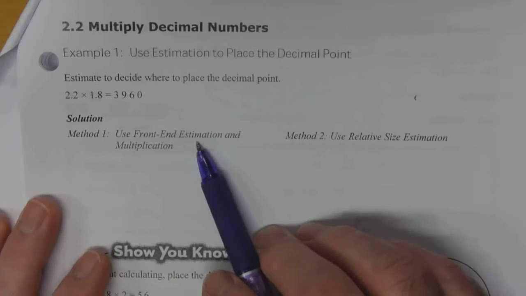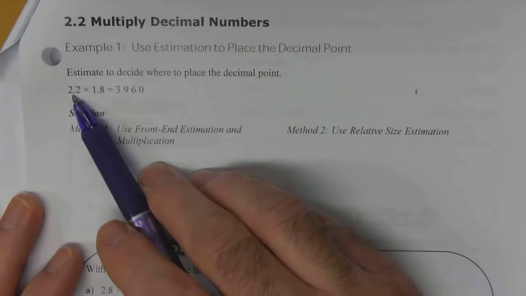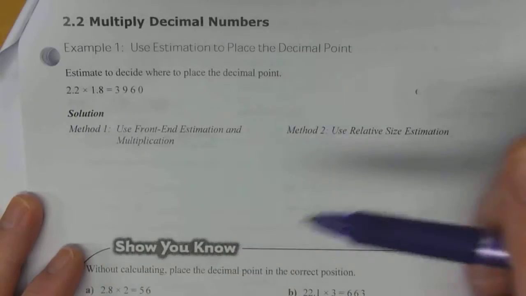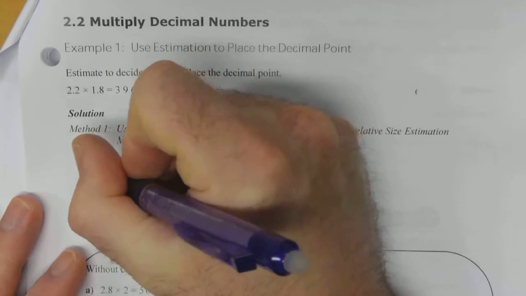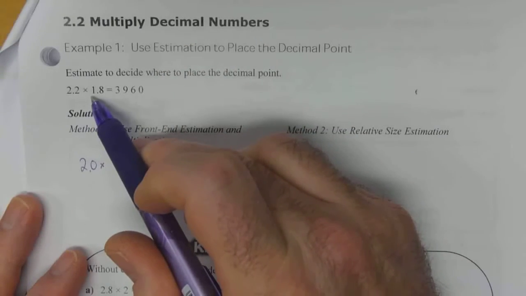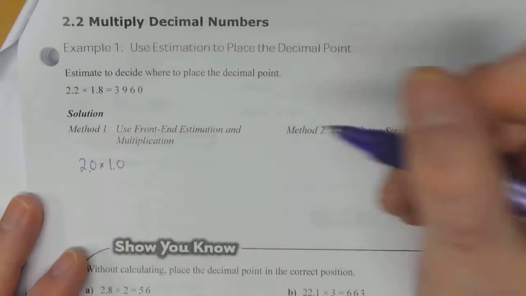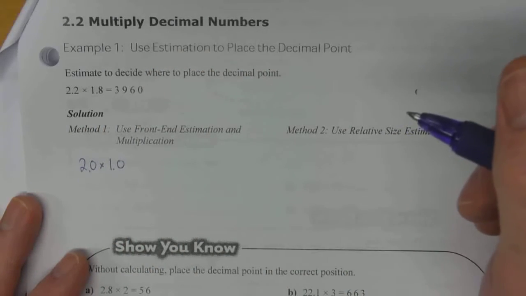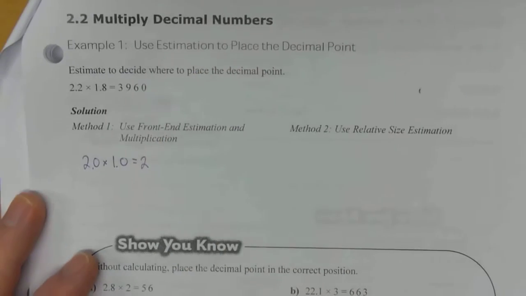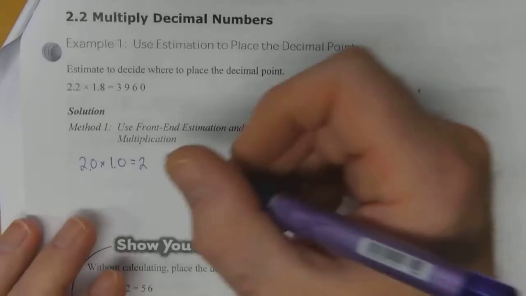Method 1 is front-end estimation, so let's have a look. 2.2, using front-end estimation, we're going to keep the 2 and change the other one to a 0. So this becomes 2.0 times, and then front-end estimation for 1.8, we keep the 1, change the 8 to a 0. So 2.0 times 1.0, well that's just 2 times 1, which we know is the number 2. So if our answer is